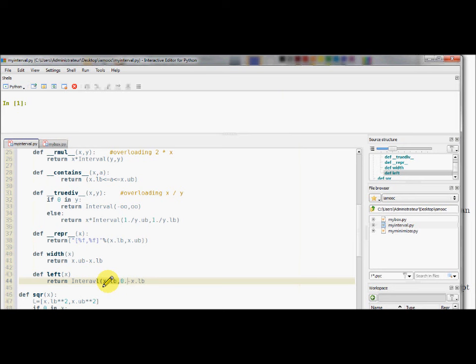So the middle is 0.5 multiplied by x dot lower bound plus the upper bound. Okay, interval